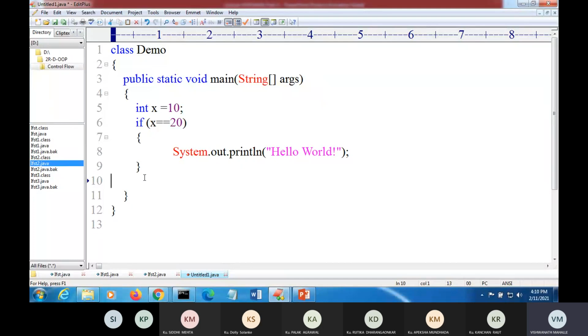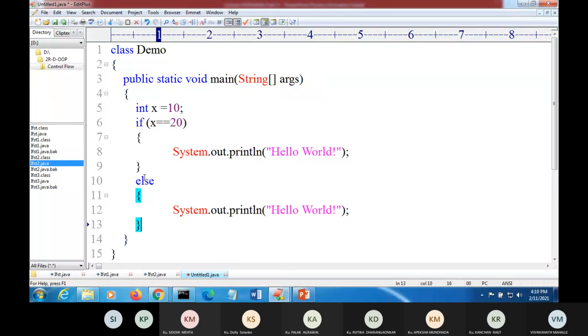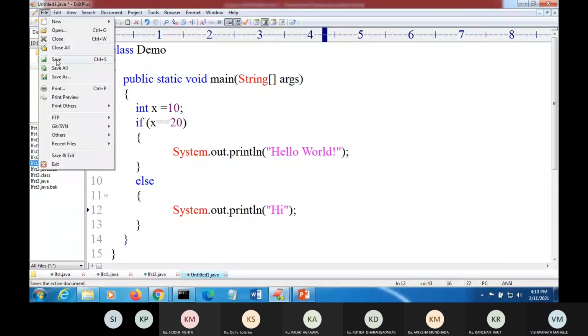And here I will write an else block also. I write hi. So what is the output?